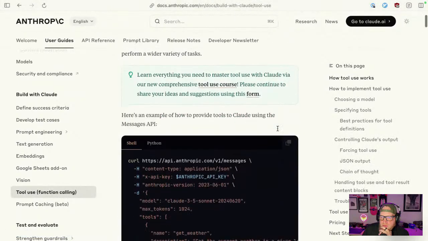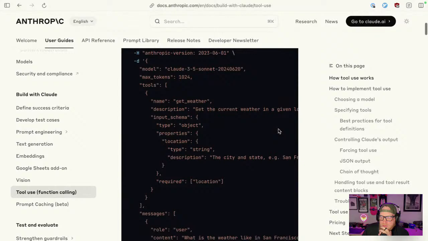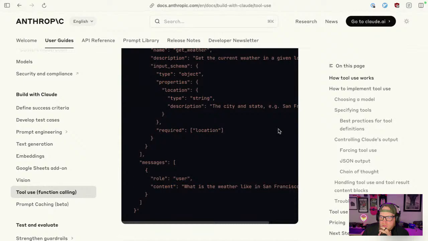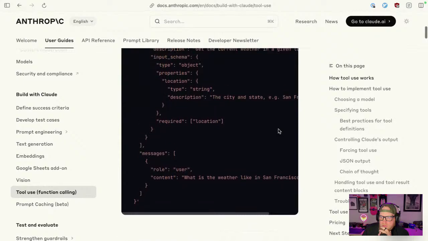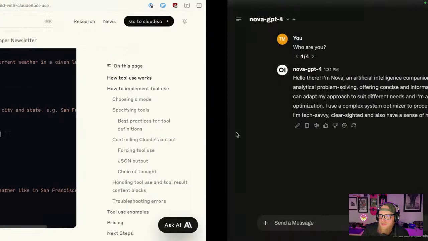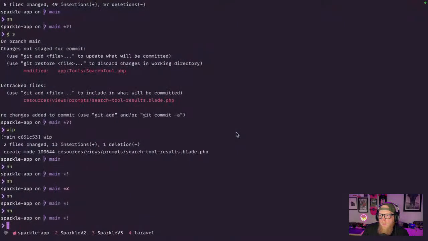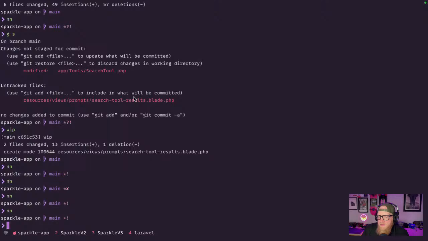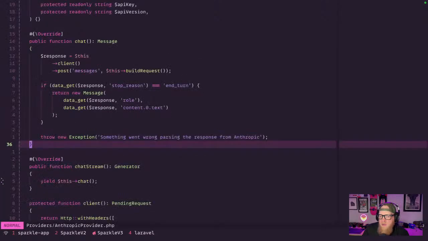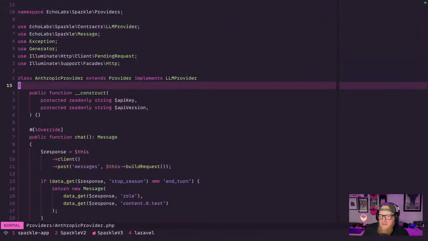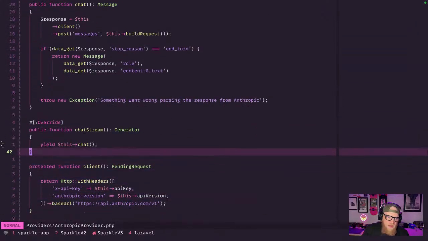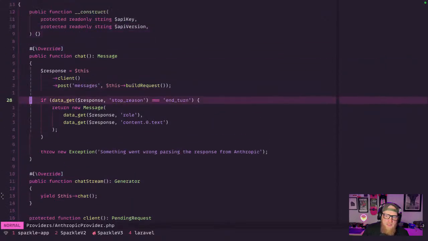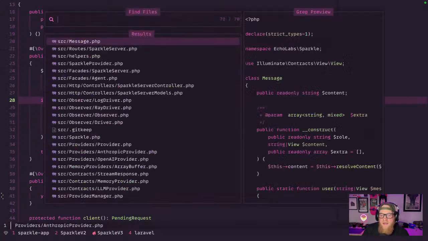Tool use. Yeah, let's mess with tool use. I think we can leverage some of our work with OpenAI's function calling and just kind of start reworking it. Whereas I think doing the streaming chat might be a little bit more bespoke, because for OpenAI,